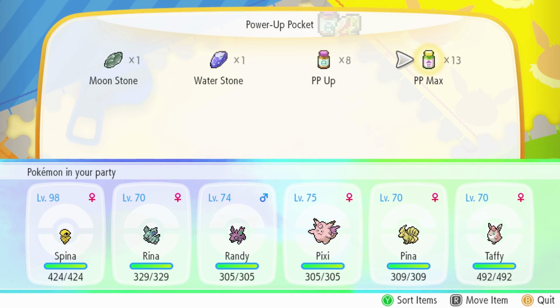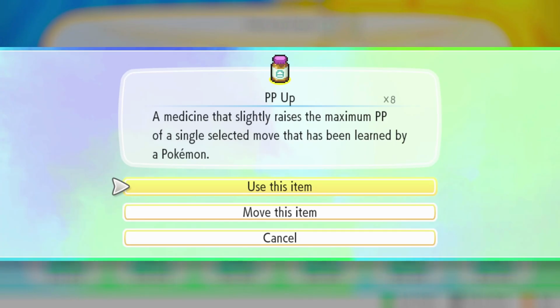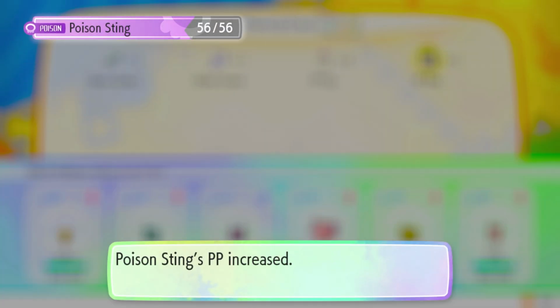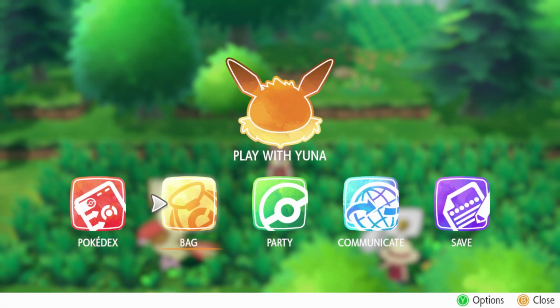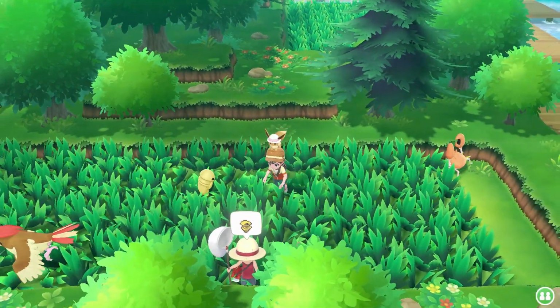I don't know if I'd ever be using these for anything else. And I feel like just using a PP up in general would be better. But for the sake of it, we're gonna give this 56. I was wrong, there was a 6 in there. But that should hopefully be a high enough value for Espina to be able to take on